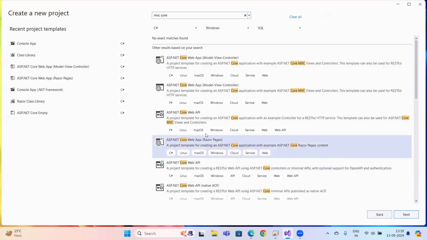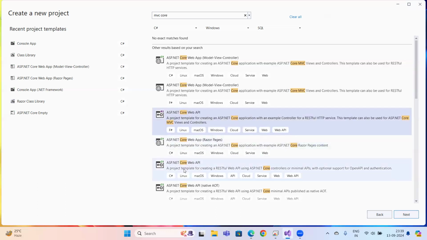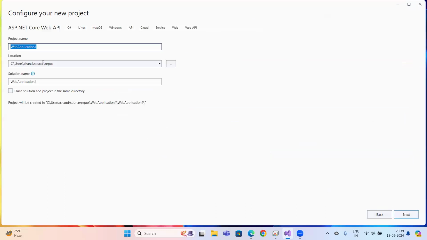This is the Visual page. This is the F sharp language, but we want C sharp. So I create this ASP.NET Core Web API in C sharp. And next,